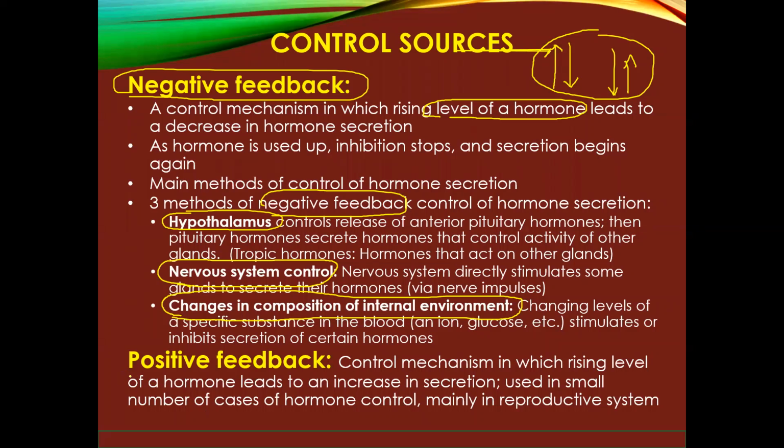The other control is the positive feedback system. This is rare, but it is used mostly for the reproductive system. Okay. Like for example, during labor, the uterine wall contractions increase, and this increased contraction will lead to the production of oxytocin that will increase more contractions until the baby is born. So this is the positive feedback system. Okay? So the response actually increases the stimulus.